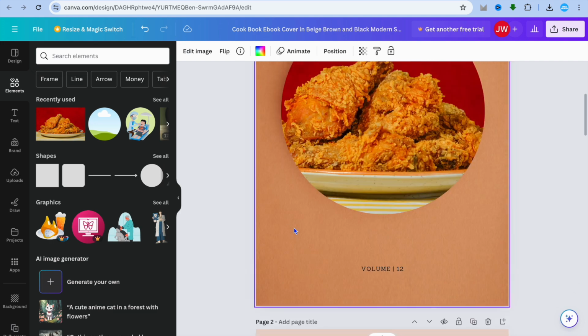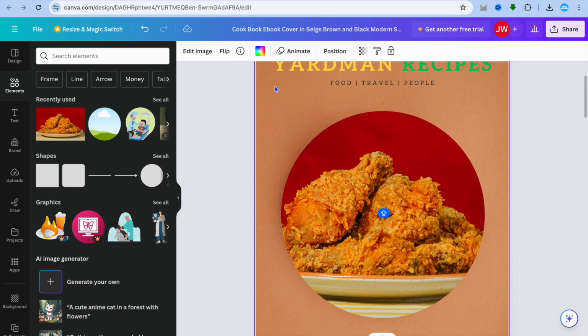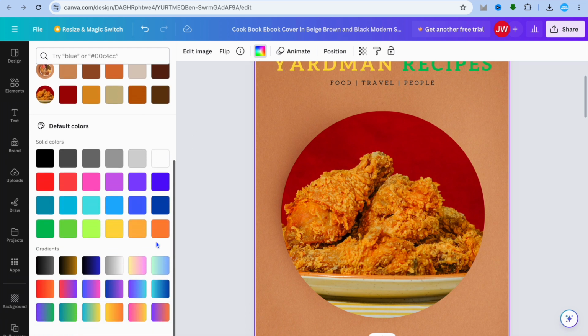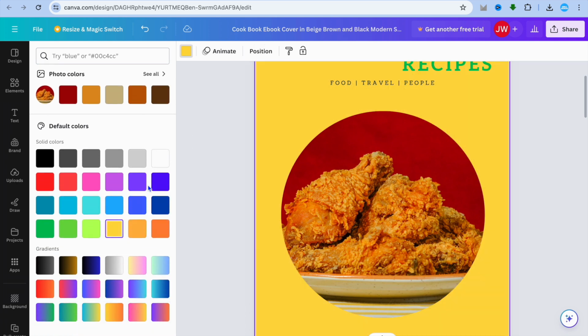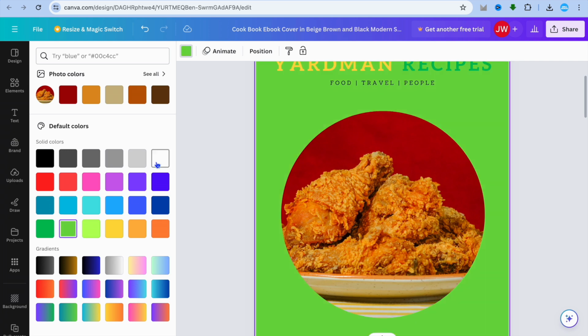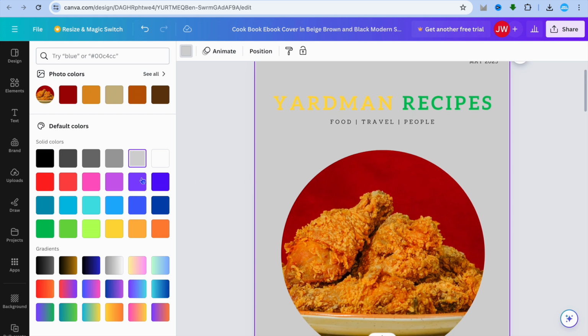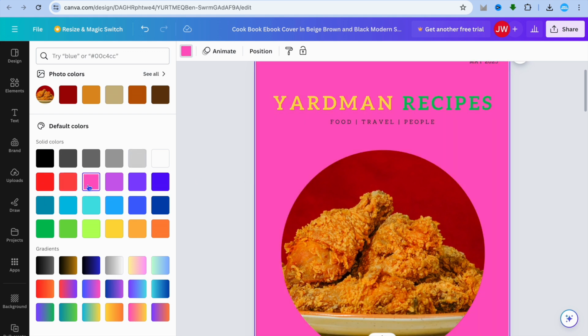And if you'd like to change the background color of the cover page, you can do that by selecting the entire page, then tapping on the color scheme right here. Then from here, you can select a color. So for example, I can see how the different colors look. So you can see it right there. You can test out the different colors till you have found one to your liking. Let's say for example, I'm going to be using, let's say